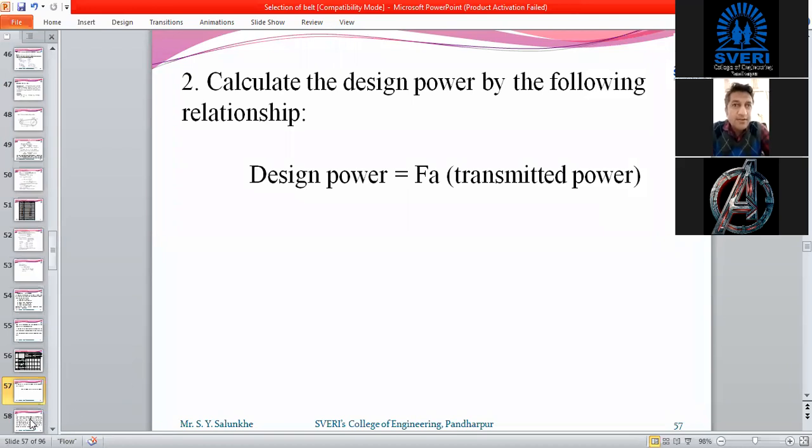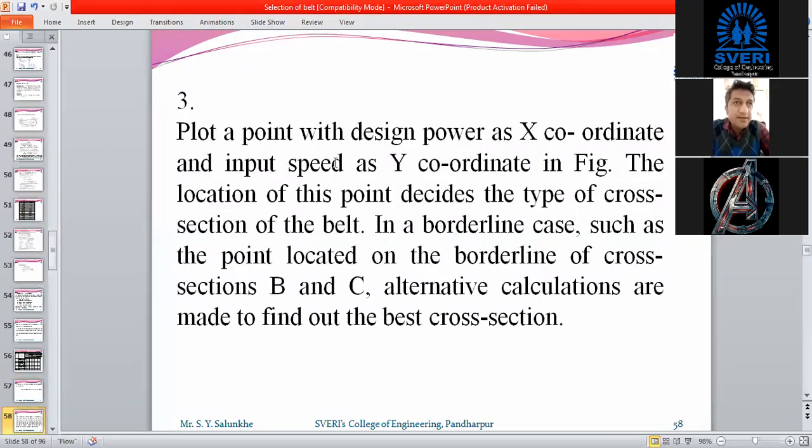Now once you calculate this design power, the next thing is that we have to plot with design power on the x coordinate and input speed on the y coordinate in the figure which you are going to see in the next slide. Okay, the location of this point decides the type of cross section of belt.